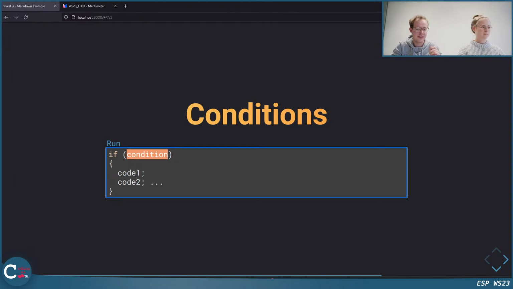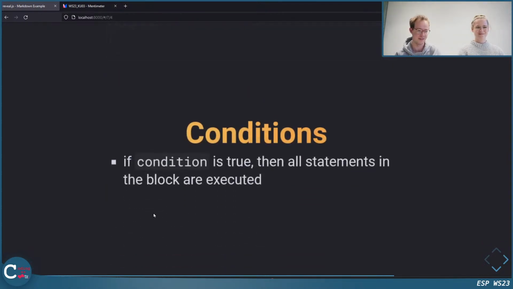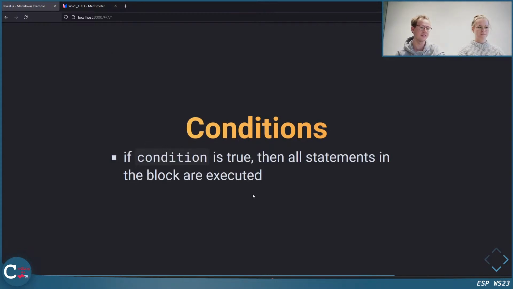So we want to compare some values, or we do some checks here. And in the case that this check returns true, then we execute the code in the block which follows after the if statement. So if this condition is true, then all statements in the code block are executed.